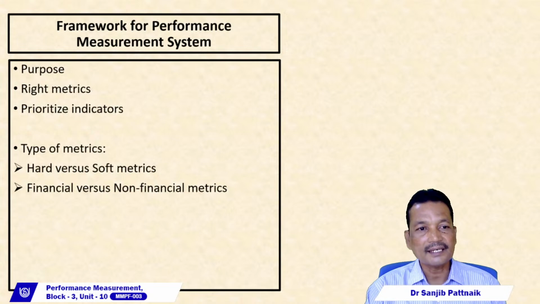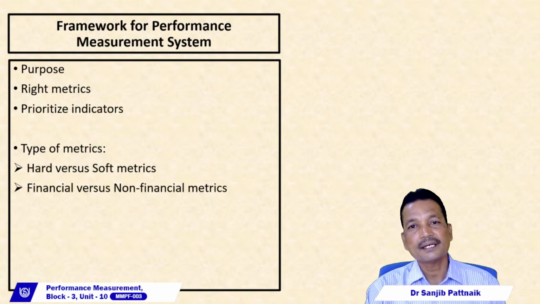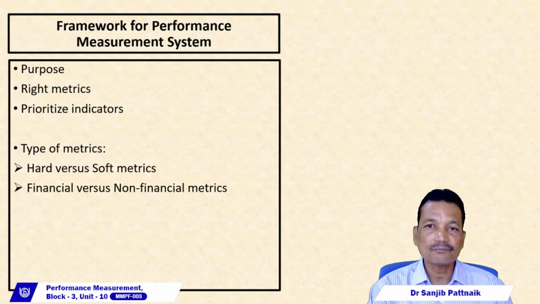Second is right metrics. Now, suppose for any given activity, there may be a number of metrics available or measurement indicators may be available. So which one is correct? That has to be adopted. Out of a number of metrics, you have to adopt the best possible one or the right metrics. Next is